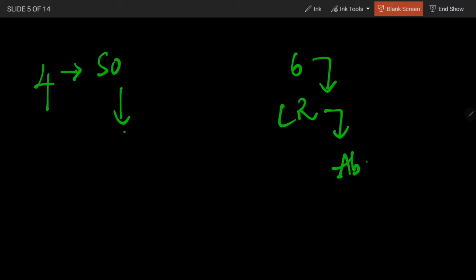When it comes to fourth nerve and sixth nerve, we'll remember the function only. Fourth nerve supplying superior oblique, so we'll see the functions of superior oblique. Before that, we'll complete sixth nerve. Sixth nerve supplying lateral rectus. Lateral rectus is going to do abduction. Come back to fourth nerve.